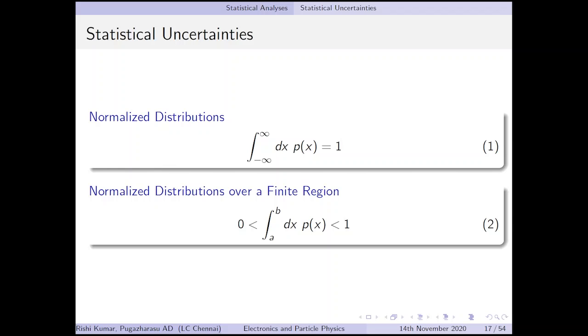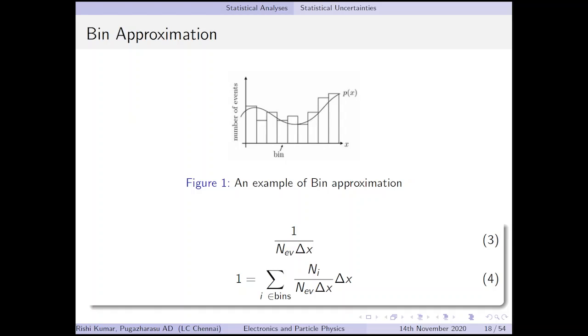So we know that the normalized distribution is simply the integral right there, and the normalized distribution over a finite region is over there, which is equation number 2, which is said to be always greater than 0. And our normalized distribution is simply that our probabilities always add up to 1, which is a very simple statement that we have learned in schools and colleges and everywhere we go. So yes, we use this